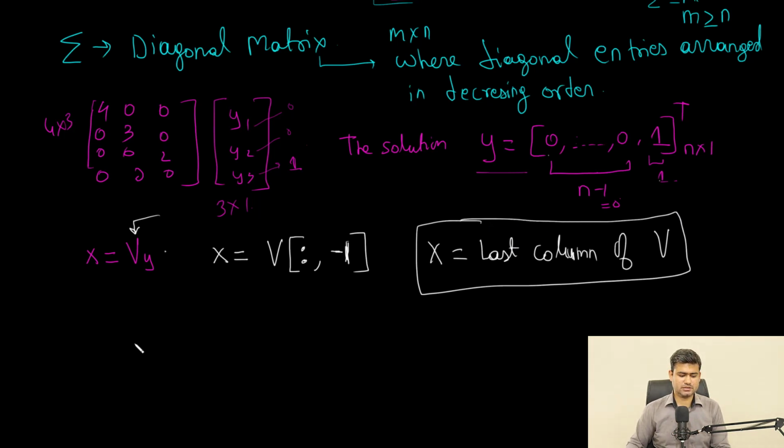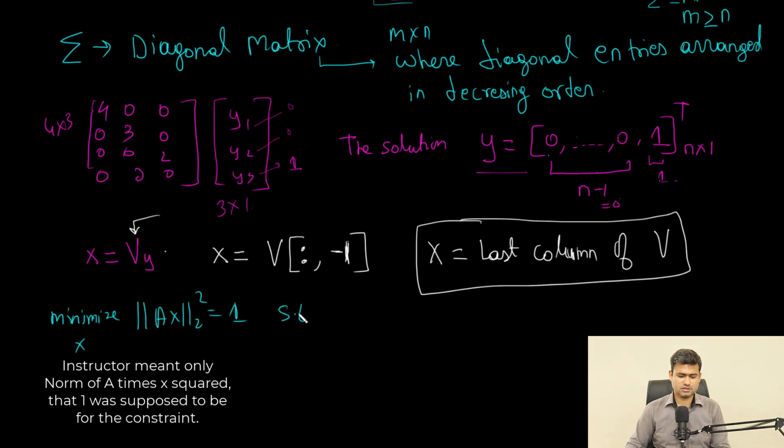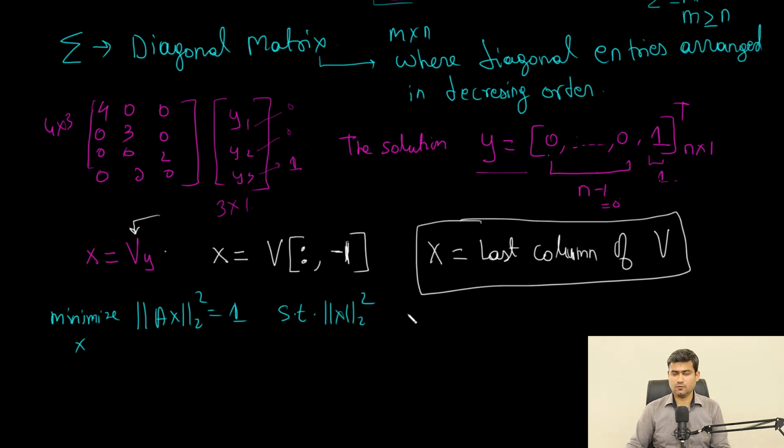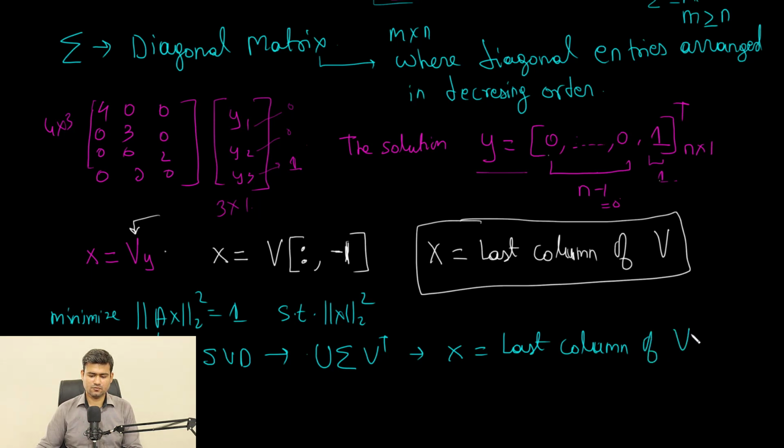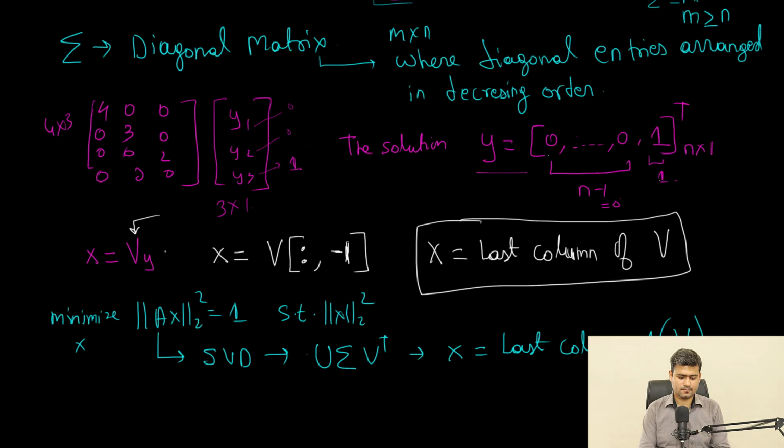Thus, the solution to the original minimization problem, minimize norm of Ax squared with respect to x, subject to the constraint that norm of x squared is equal to 1, is obtained by first computing the singular value decomposition of matrix A, which gives U sigma V transpose, and then setting x equal to the last column of matrix V. Thus, the solution to this optimization problem is a right singular vector corresponding to the smallest singular value of matrix A. So, the solution to this problem is